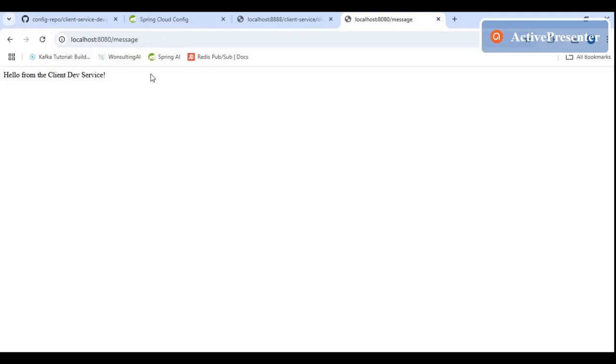So what is the flow here? This client application is reading application properties from a config server. That config server is reading application.properties from a Git repository, which is acting as a cloud for the config server. So a centralized repository can be maintained for your application.properties, and that can be accessed through your client applications. So this was the functionality of Spring Cloud Config. This was a very small example that we implemented. We'll be going ahead and implementing some other examples and some other tools of Spring Cloud.